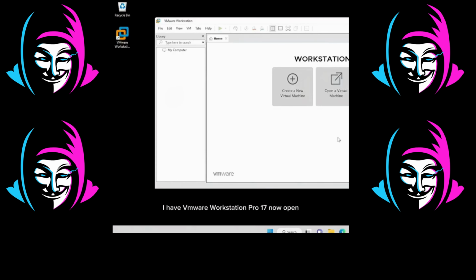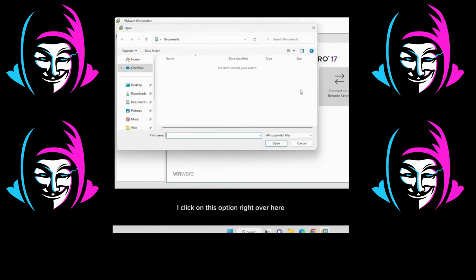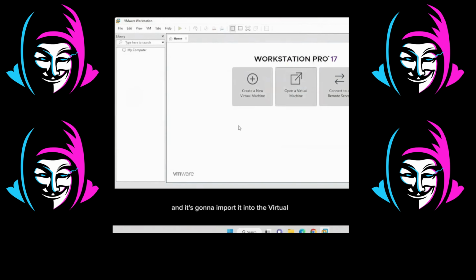Okay, so I have VMware Workstation Pro 17 now open. We're going to go ahead and open a virtual machine. So I'm going to click on this option right over here. I'm going to go into my downloads folder. This is the folder I had just extracted, so we'll go in there. And then we have our VMX file right over here. And here is the file that we're going to be using. We're going to select that, and we're going to click on open, and it's going to import it into the